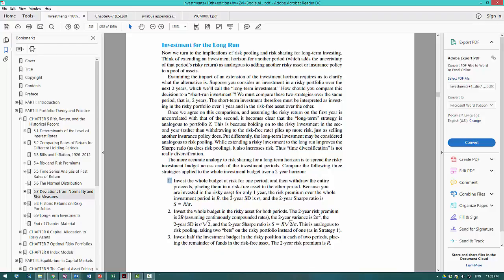Okay, and then in the second case, you invest your money in the risky asset in the first period and the second period. Okay, and they are trying to show you that the diversification in this context is not the same as